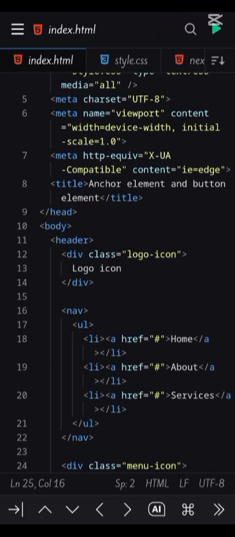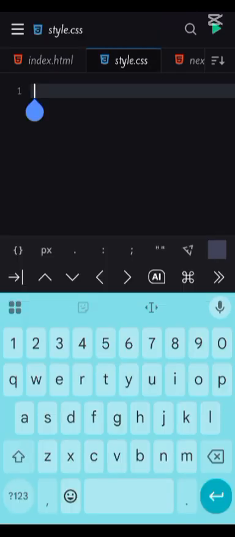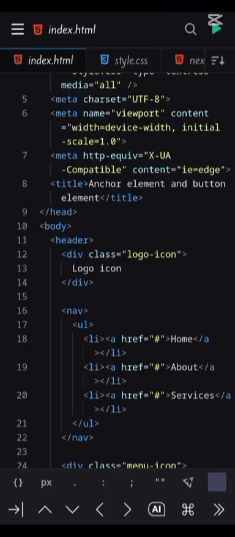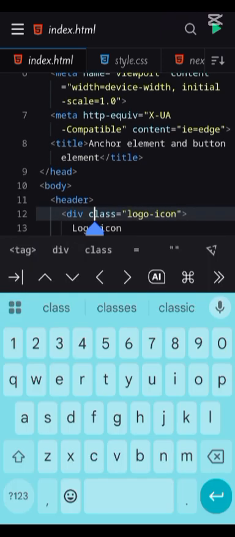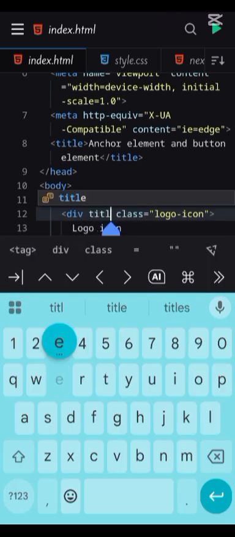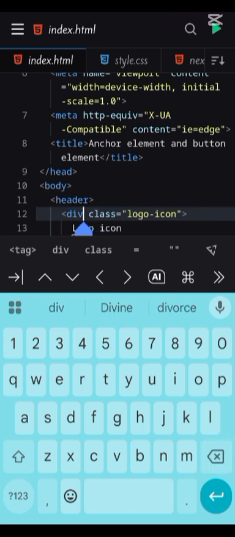Now remember, I was talking about the universal selector. We have the universal selector, we have the class selector, we have the ID selector. But these aren't the only selectors we have in CSS. We have the attribute selector, right? Now an example of an attribute, like we said, is title. If I use title here, or anything there, title is an attribute. So if I want to use the title attribute selector,